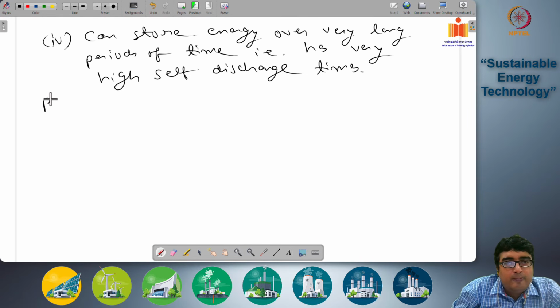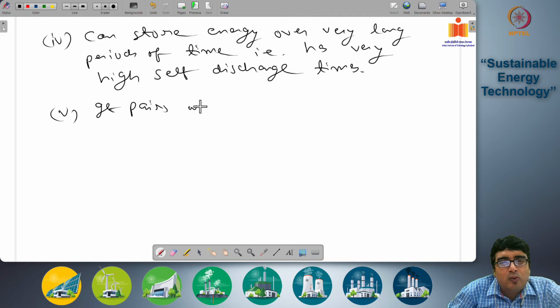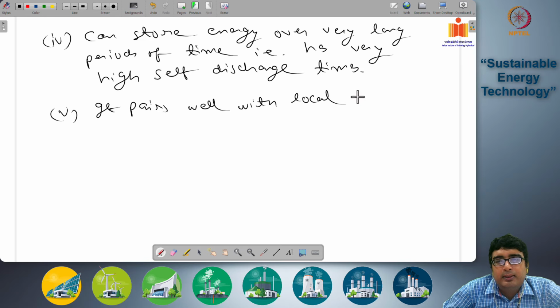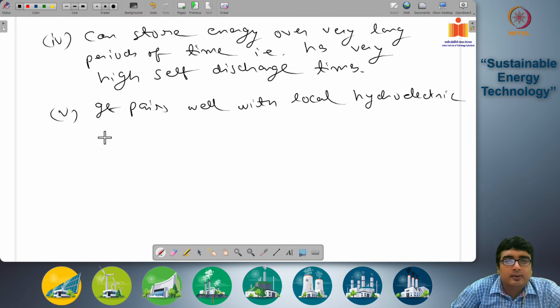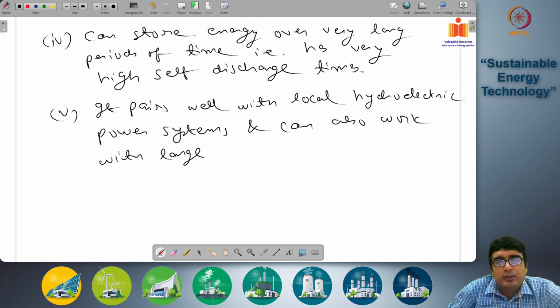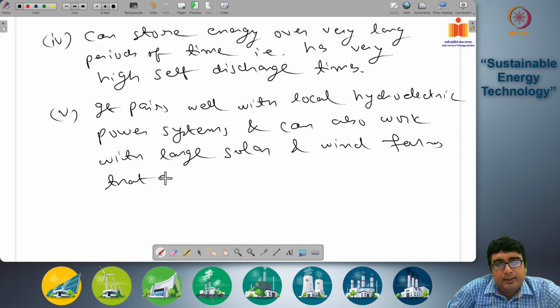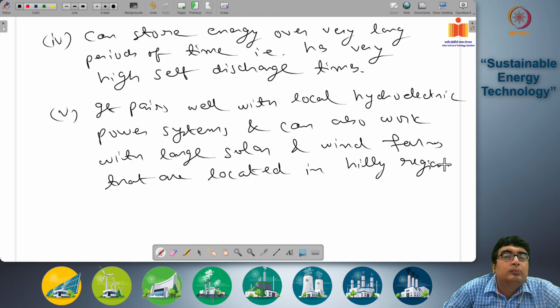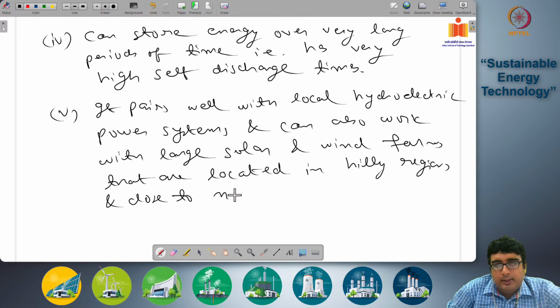So, pumped hydro, further, the fifth advantage is it pairs well with local hydroelectric power systems and can also work with large solar and wind farms that are located in hilly regions and close to natural